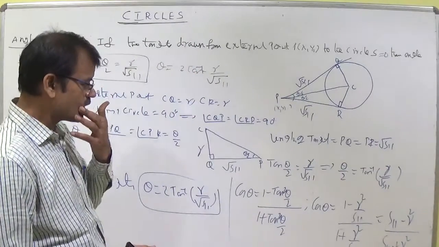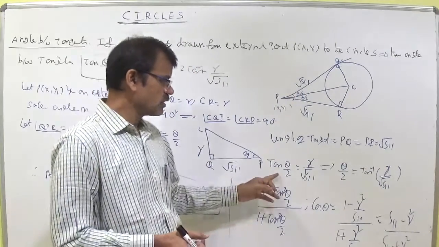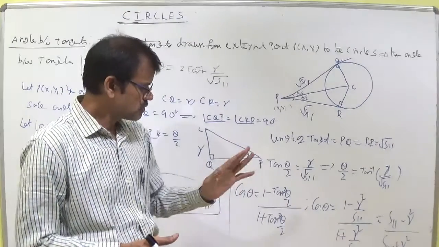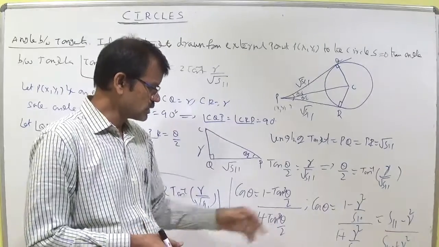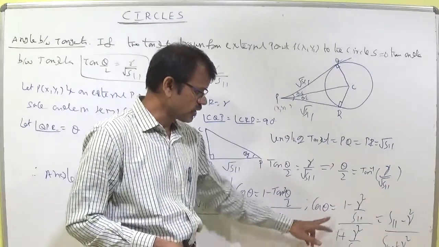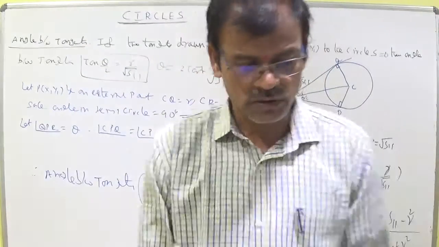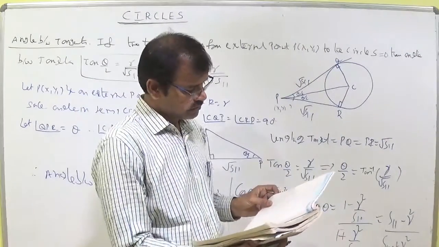If you ask for tan of theta, then you can write the formula: 2 tan(theta/2) divided by 1 plus tan square (theta/2). Of course, the sin theta modulus is not there, cos theta modulus is there. Remember this formula also for objective, this is not for IPE. Now, let us go into discussing another theorem or sums.